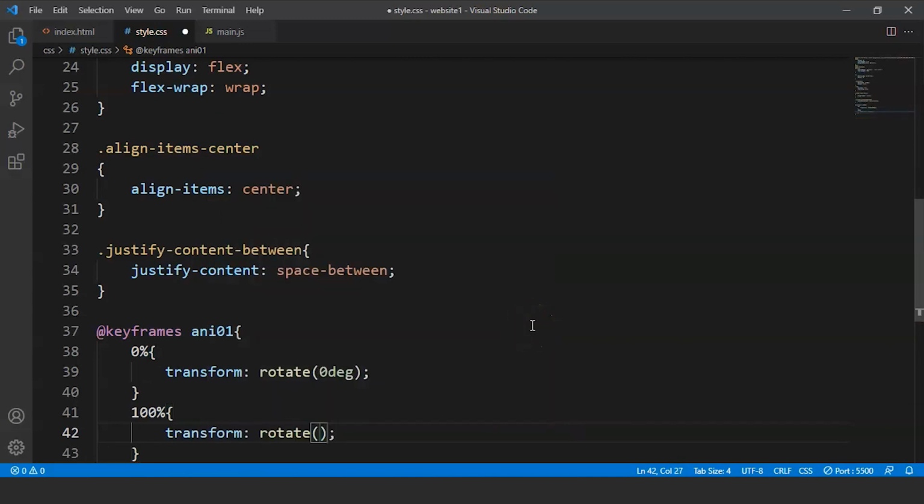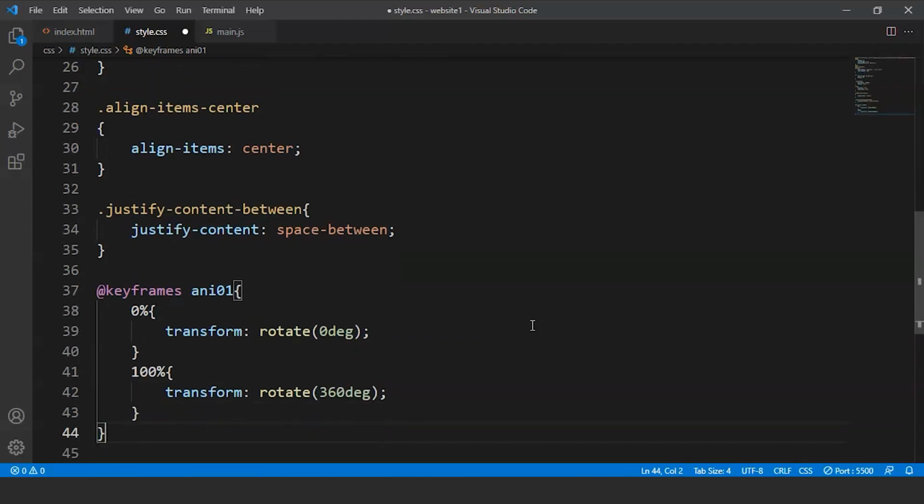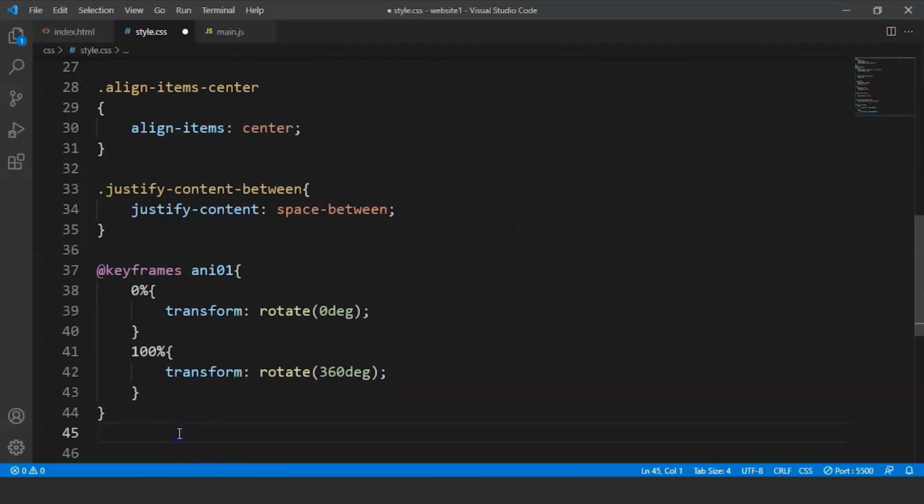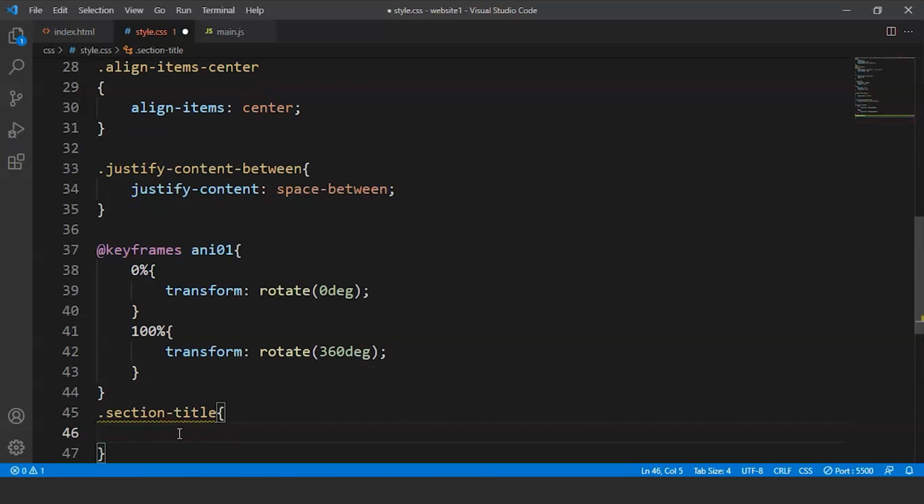And what we want to do is write here rotate at 360 degrees. So we'll write here 360 degree. Now the next thing we have to do is to style the section title. So for that we have the section title class. So we'll write here section title, and inside here what we'll do is we'll write